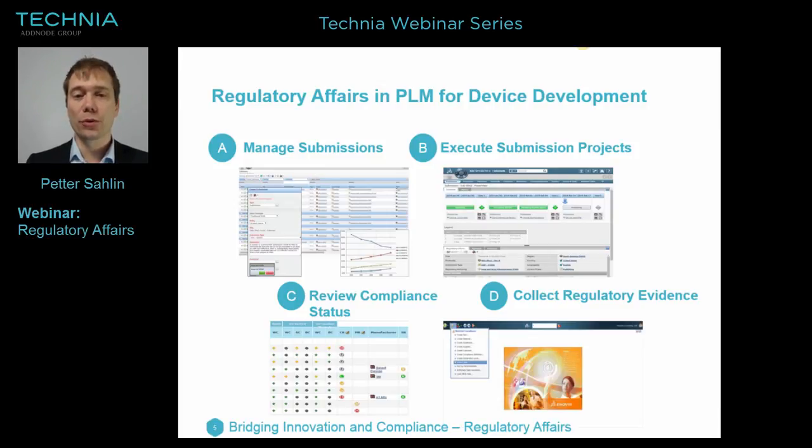We have also, and of course, this is what we will cover. A large part today is on the general submissions and on the submission projects. What do they look like and how do we execute those? We have also the compliance status, item C here, and that's more related to the global market access, a separate